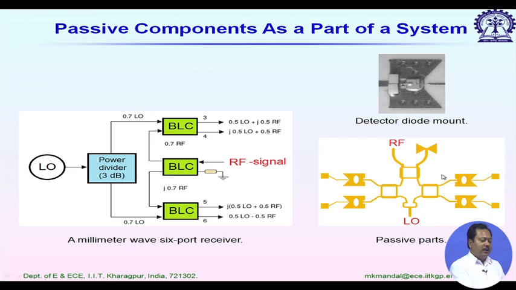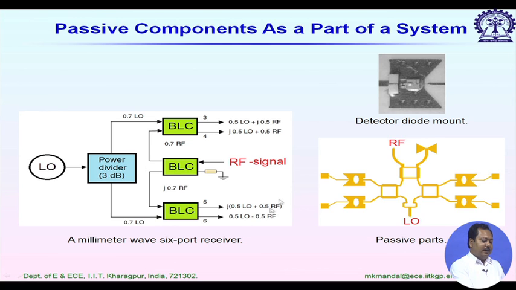On the right side you can see the microstrip line footprint or layout. This is the PCB layout of the 6-port receiver, and the only RF active device used is the detector, basically a detector diode at millimeter wave frequencies. They are connected to the first branch line coupler's output ports, port 3, port 4, and the bottom ones, port 5 and port 6. So we basically need 4 RF detectors, and with this we can demodulate any signal